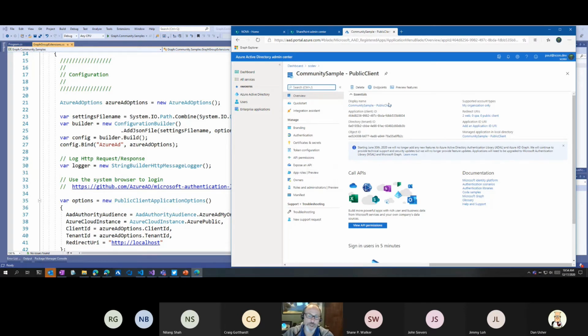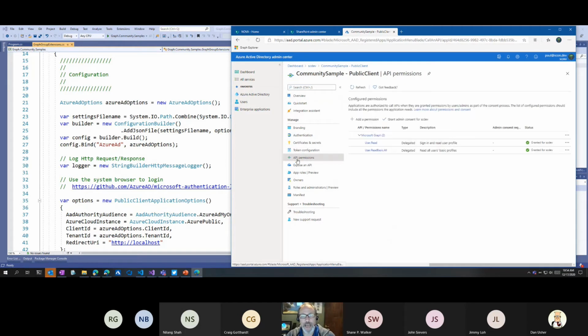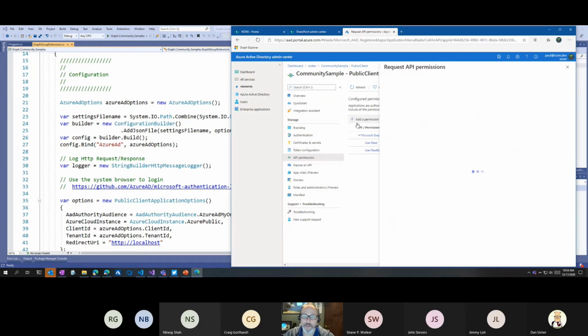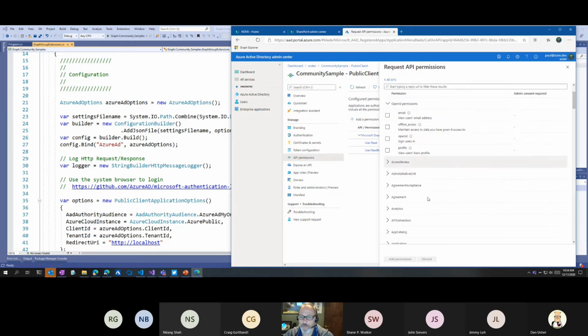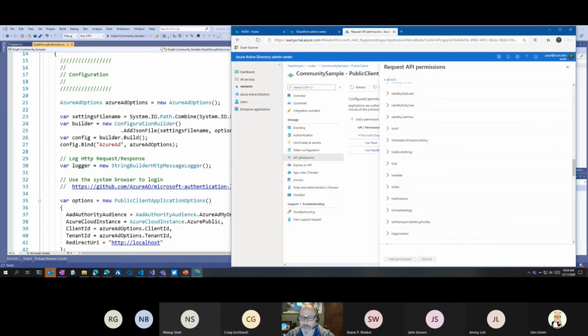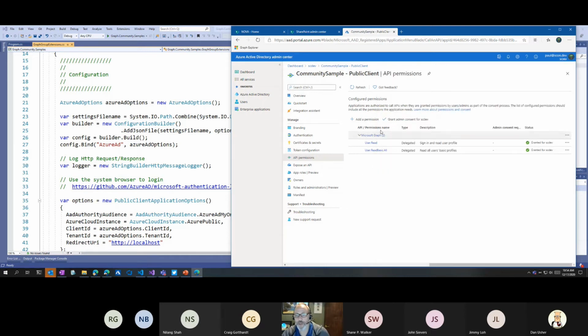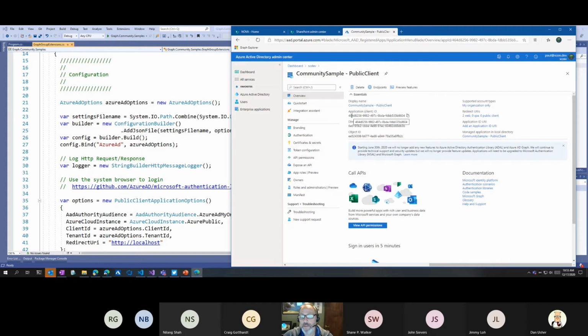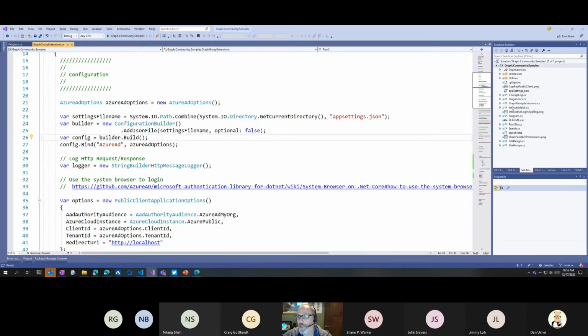First thing I want to show you is I configured this under API. I want this application to be able to read 2 different permission scopes from Microsoft Graph. Under add permission, I choose Graph. I can use delegated or application. When I do that, boom, I get a whole long list of all the fun things I can do. I previously went in here and said I want user.read and user.readbasic.all. Now I have this application and it has an ID and it belongs in a specific tenant. Those 2 values I needed to put into my application.